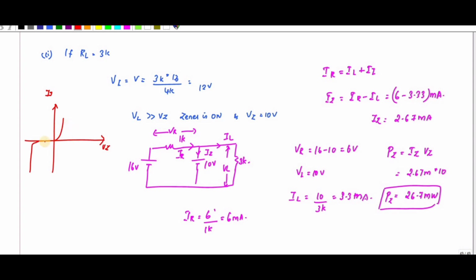When it is turned off, it looks like this, and this value is nothing but 8.73 during this time. So during this second case, it is 2.67 milliamps. It is in milliamps, and